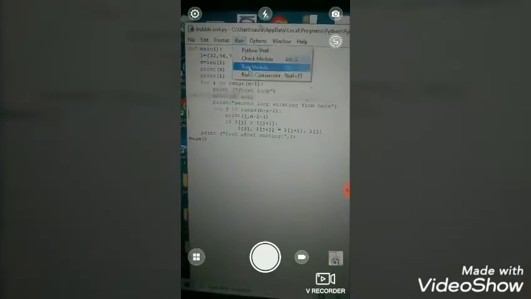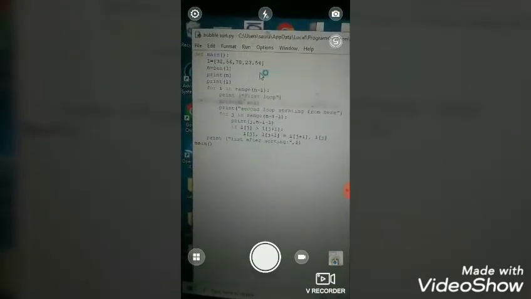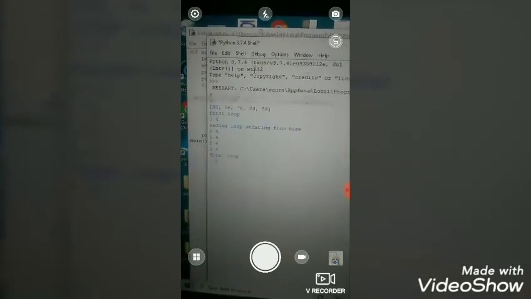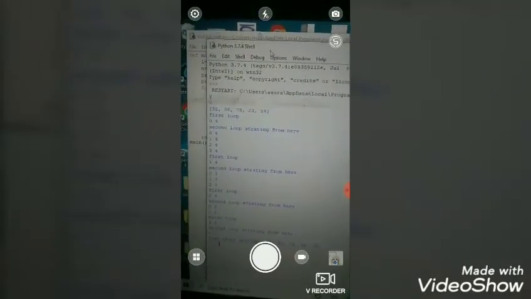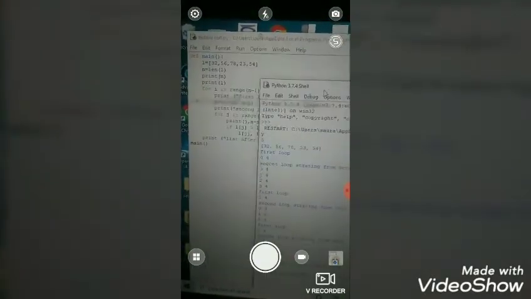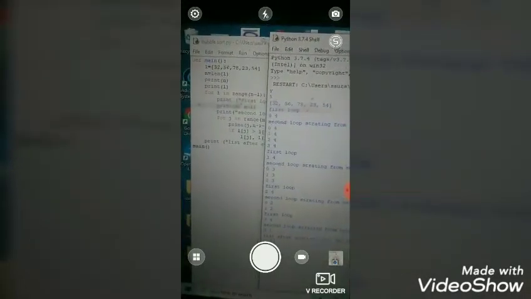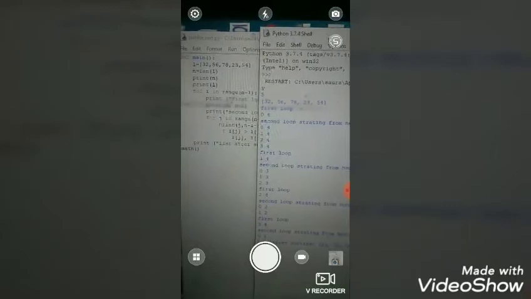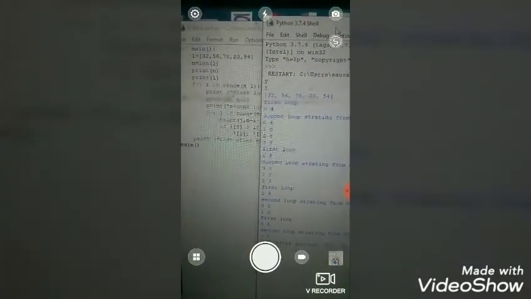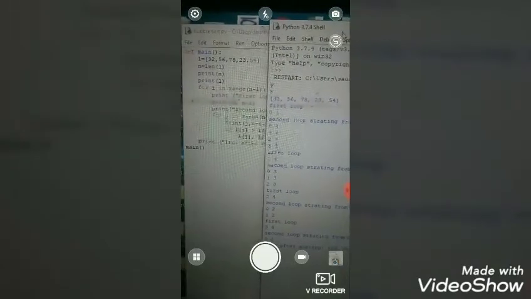For running, go to Run and Run Module. Here we can see that when we print the length n, the length of the list is 5, so it shows 5.